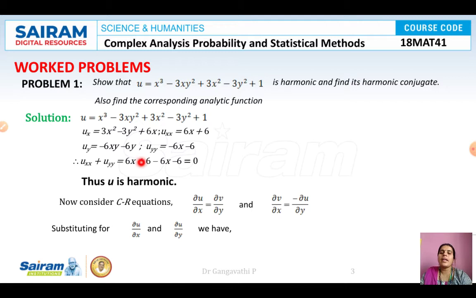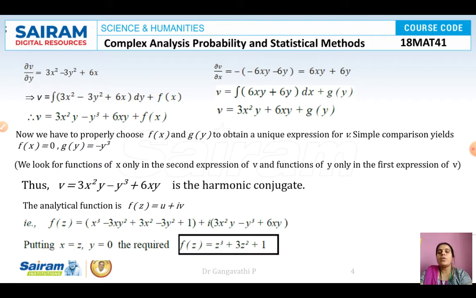Because our derivatives, whatever we have already found, ux and uy, there we are going to replace ux by this and vx, uy by this expansion. So we get dou v by dou y is 3x square minus 3y square is equal to 6x, and dou u by dou y is going to be replaced by minus dou v by dou x. Minus can be transferred towards the other side, so it is minus of minus 6xy minus 6y. In other words, we get it as 6x plus 6y.